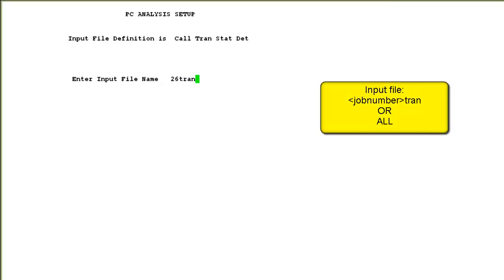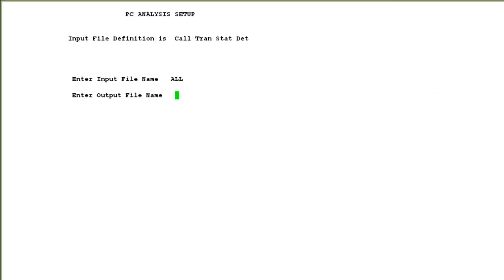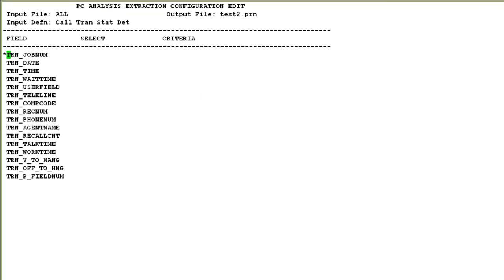So for example, 26 tran means it will look into only the transaction file of the job whose job number was 26. Or you can put it as all, which would mean it will look into all the transaction files available in the system. By default, the transaction files are stored for the jobs run in last 7 days, but it's configurable. For the output file, I'll again give the name as test2, and then it will open up the